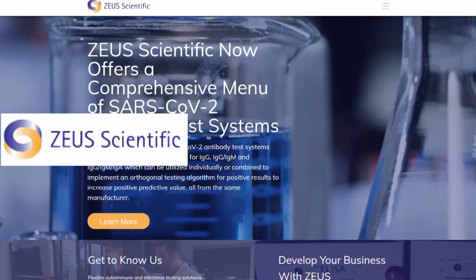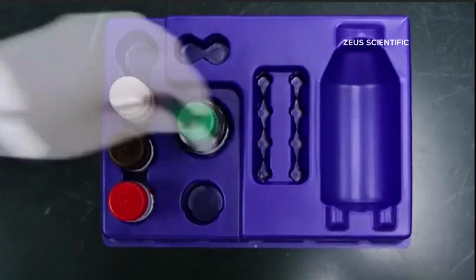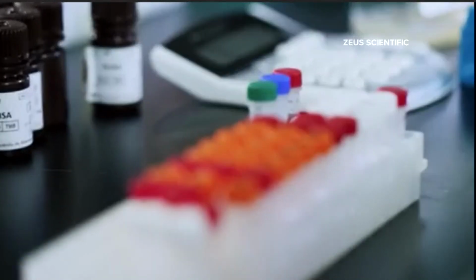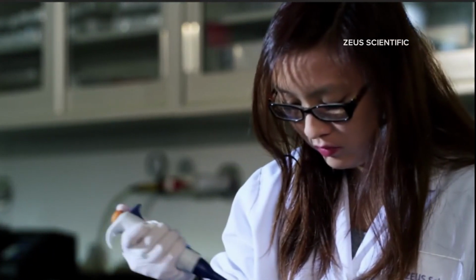Chris Howard is the chief commercial officer at Zeus Scientific. The New Jersey-based company develops, manufactures, and sells diagnostic test kits for infectious and autoimmune diseases, including Lyme. Howard says the Western blot test can take more than a week to run and is not very responsive in picking up Lyme in the early stages. So you could be a sort of quote unquote theoretically positive patient, but if you hadn't developed enough antibody, the